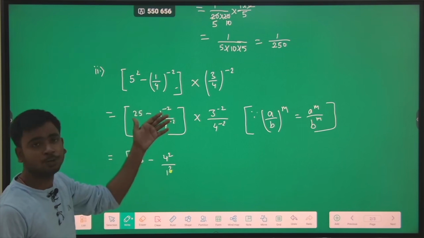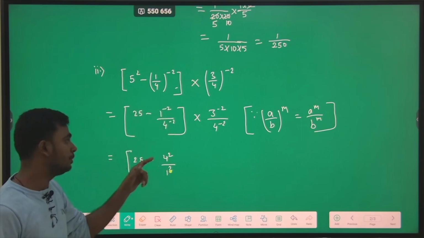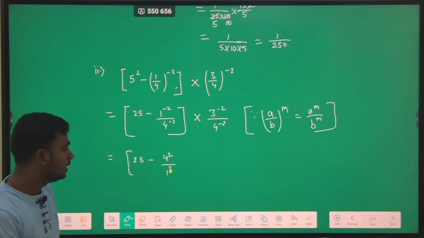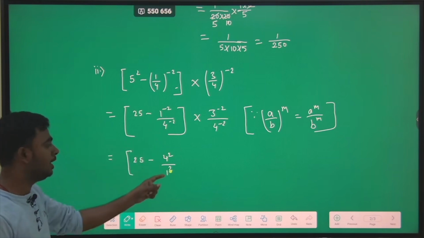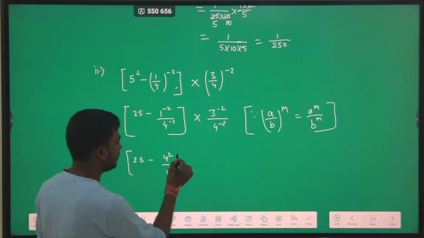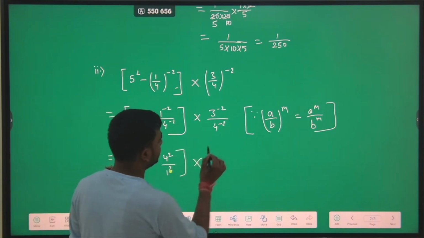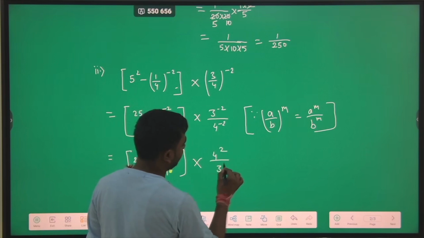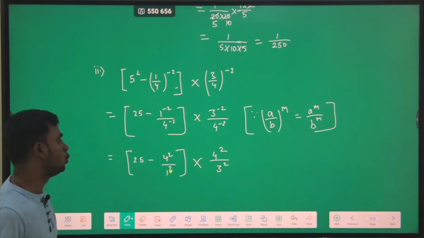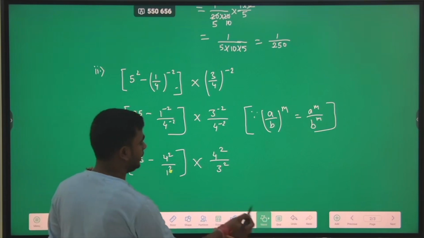वो जब हम रेसिप्रोकेट करेंगे तो ऊपर में आ जाएगा और नंबरेटर में 4 टू द पावर 2 आ जाएगा. इस कारण से इसका वैल्यू हमने लिखा 4 टू द पावर 2 डिवाइडेड बाय 1 टू द पावर 2 multiplied with. Similarly, this will happen as 4 to the power 2 and divided with 3 to the power 2. So the overall value will be,